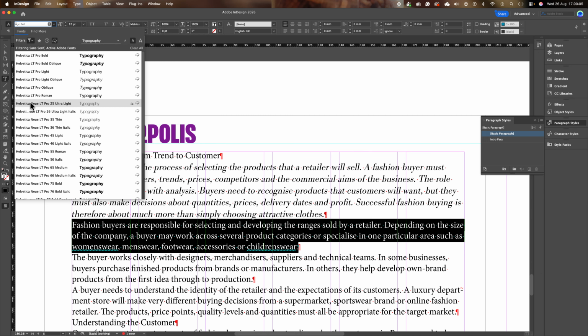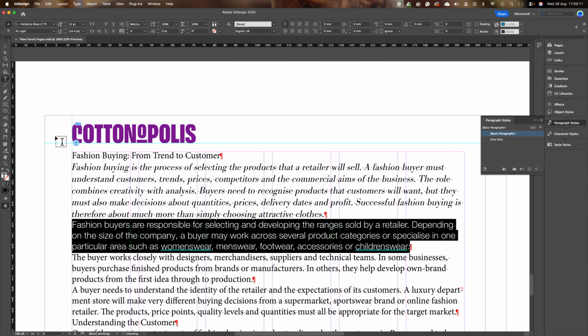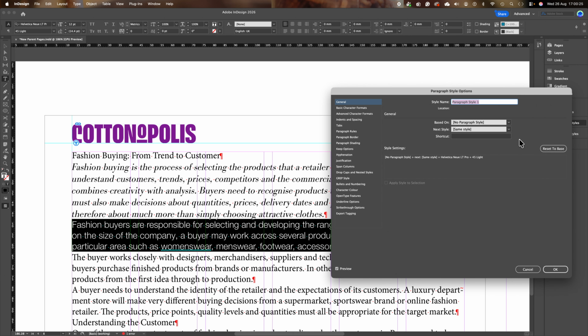Helvetica Neue. I'm going to go for Light. Helvetica Neue Light Pro 45. There we go. And this is going to form the basis of my body paragraph style. So again, I'm going to create a new one, and I'm going to change its name to Body